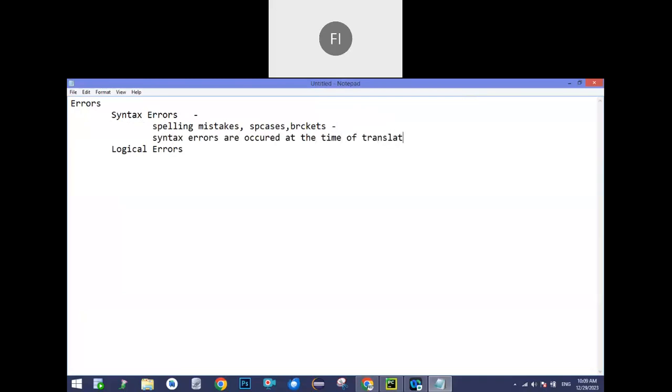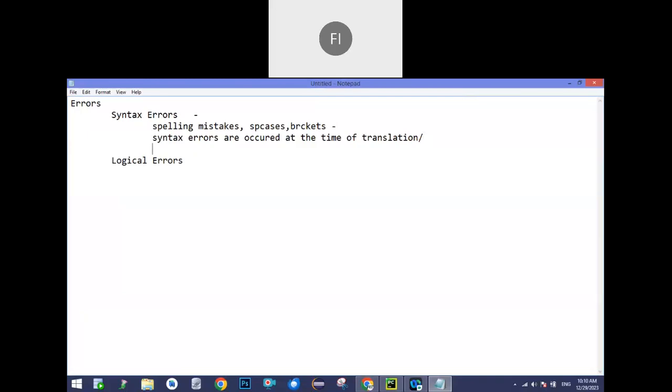I'm using the word translation because it is a common word. Some programming languages use compilation, some use interpreters, but the common word is translation. In Python specifically, we can call it interpretation. Whenever the interpreter converts your high-level code to low-level code, at that time these errors will be identified, okay.